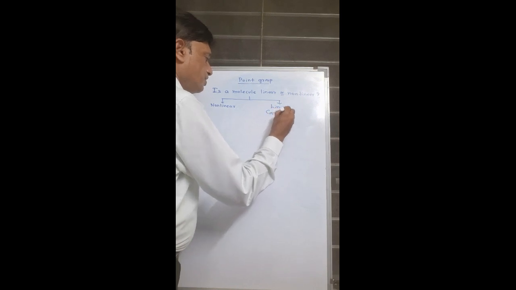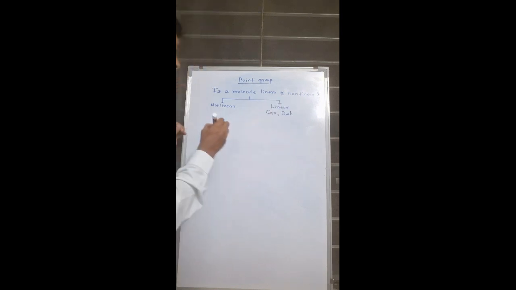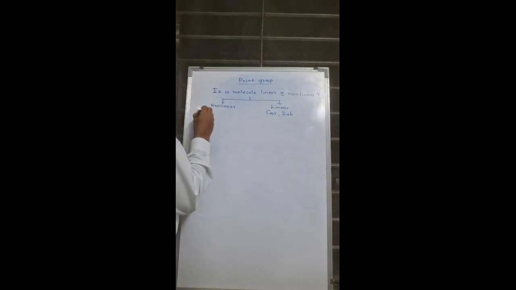Then C infinite V, D infinite H point group may be present. If it is non-linear, then we have to make a question that